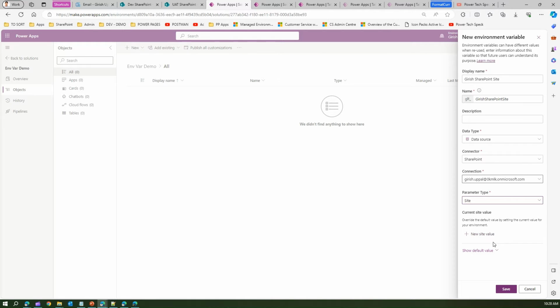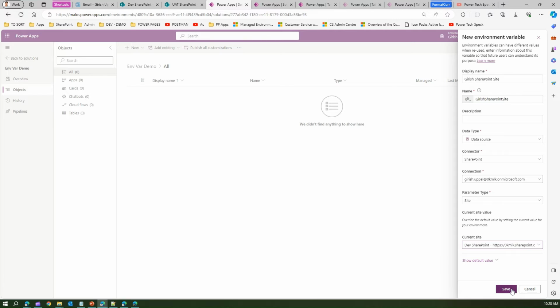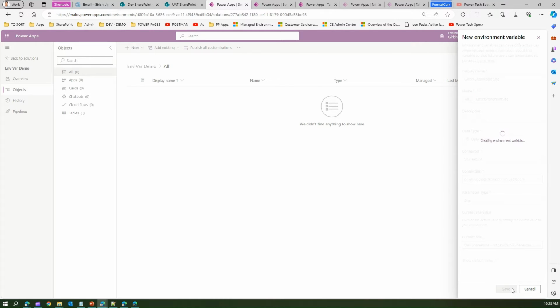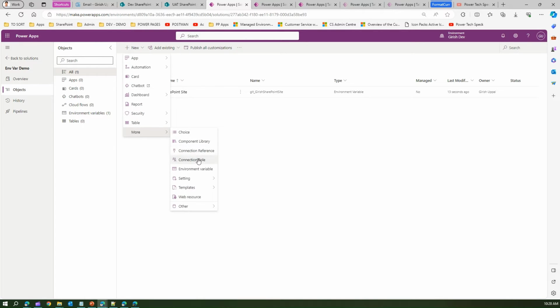Is there a current site value? Any new site value you want to add? I can add that. Let me select the new site value as Girish dev, so say dev SharePoint, and I'll save this value. Now we have created one environment variable, Girish SharePoint site. Now we will create another environment variable, which is Girish SharePoint